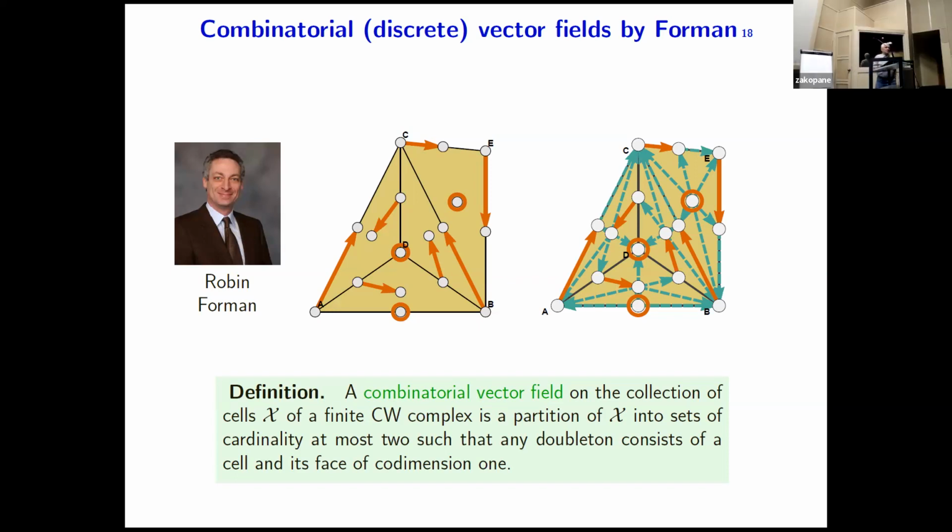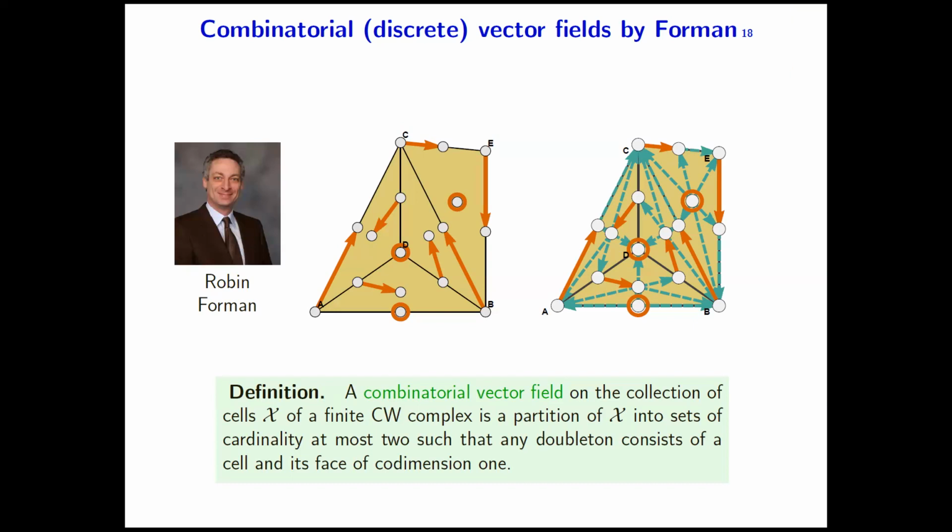The problem is that, yes, you see the definition the first time, it sounds completely unrelated to dynamics at all. So what is this definition? There are still various flavors, equivalent ways the people presented it. The shortest and simplest definition is that a combinatorial vector field on a simplicial complex, actually